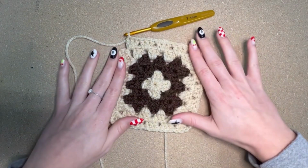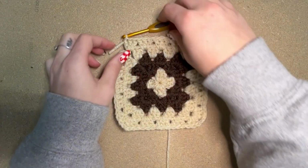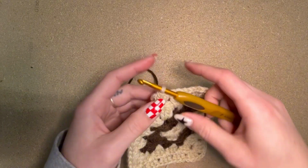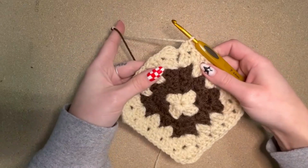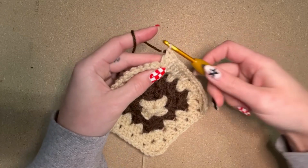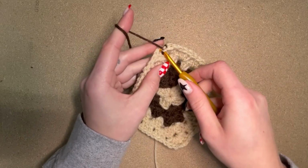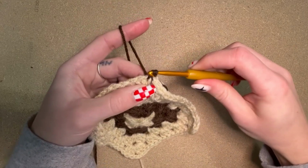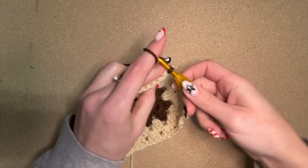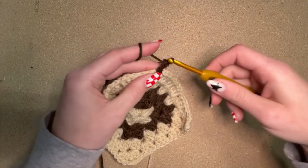So here we are after the 5th round, and I'm going to change into the brown color, and then this round is pretty self-explanatory. I do just do one thing different. So I have the new color, I finish my double crochet, and then I chain 1, we slip stitch, all of that is the same. The main thing I do different is in the first corner, I do my stacked double crochet, and then I only do 1 double crochet in that same corner